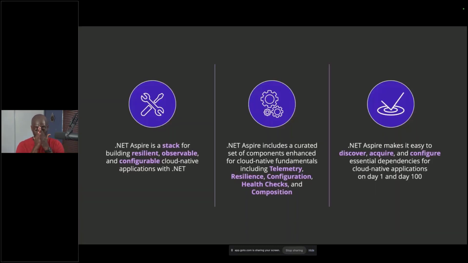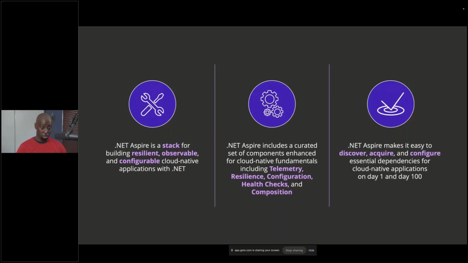So what is Aspire, right? Aspire essentially is a very opinionated stack, right? It's not a framework, it's not a library, it's a stack, right? It's a collection of a bunch of different components that help you achieve some of those concerns that we showed a little bit earlier when it comes to building microservices, like resiliency and scalability and management. How do I handle being able to do telemetry and some of these types of things, right? Like how do I do health checks and all of these types of stuff.